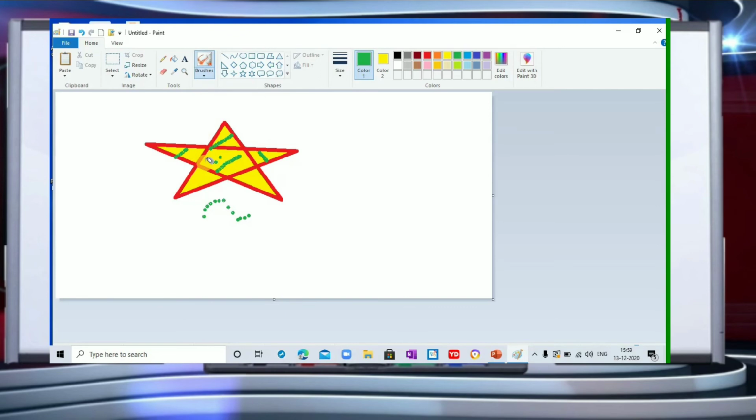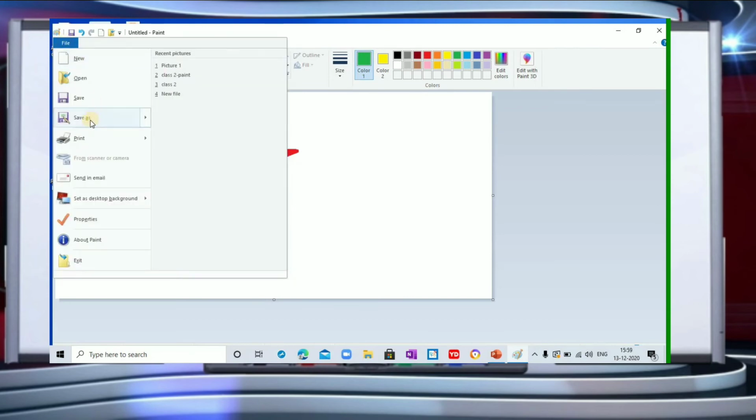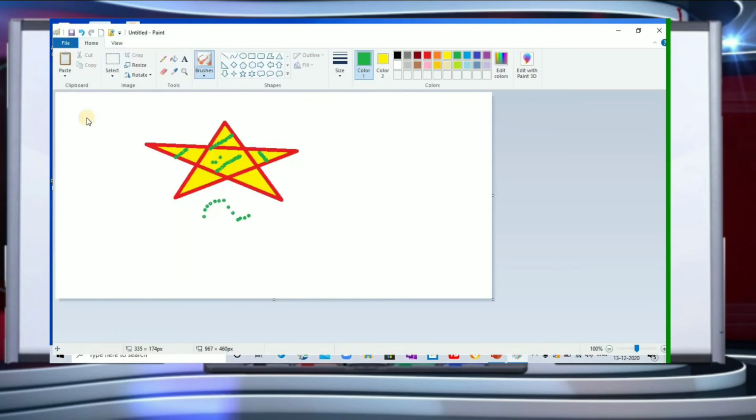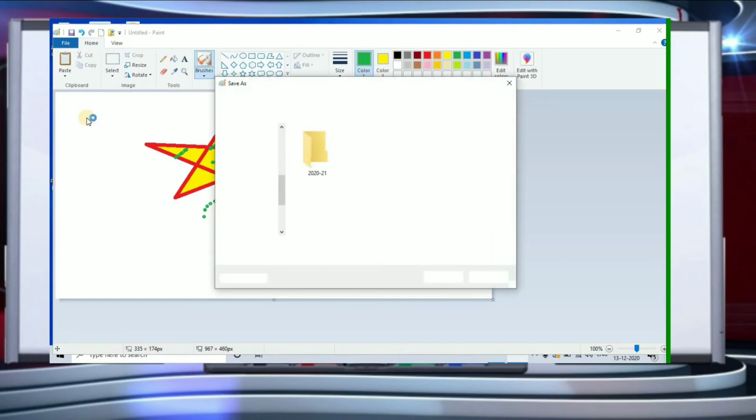So now the most important part is how to save the drawing. For saving, you have to go to File and go to the Save as option. Click here and then you can give a name to your file. You will get a dialog box here as Save as.